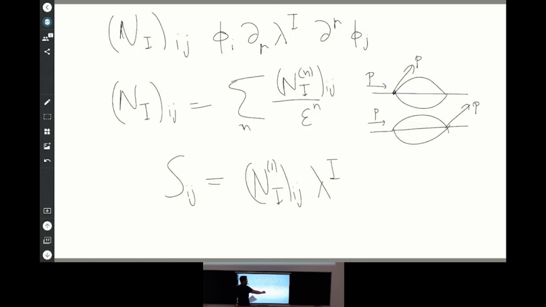But here S will be 0 because S is antisymmetric, so if I exchange the legs, I have to have a diagram that is asymmetric under exchanging the external legs. And at 2 loops, there is no such diagram. We don't need to worry about this. At 3 loops, there is no such diagram. At 4 loops, there is no such diagram, but at 5 loops, there is. At 5 loops, there are 4 asymmetric such diagrams.